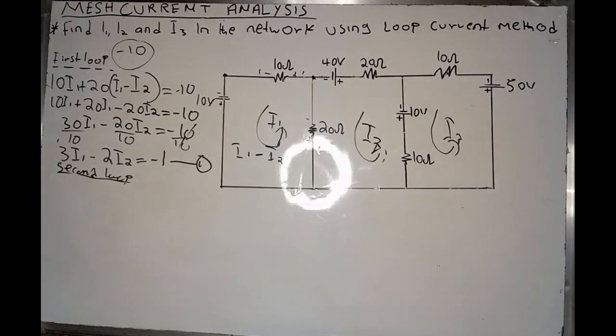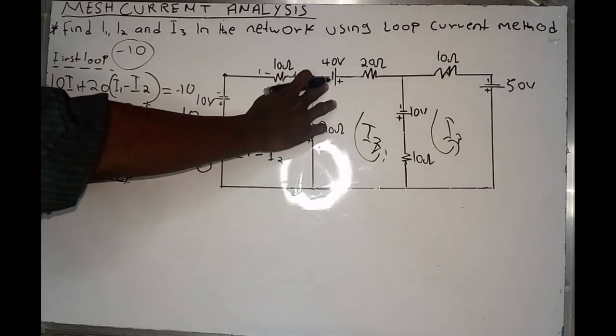So how can I calculate the second loop? If you take a look at the second loop, how many voltages do we have? We have 2 volts, we have 40 volts, and also we have the 10 volts. So as you can see,